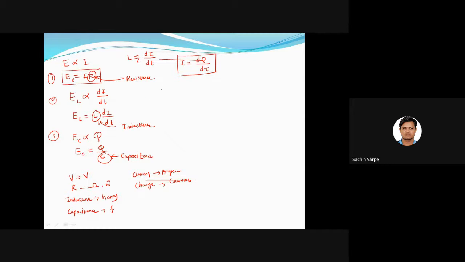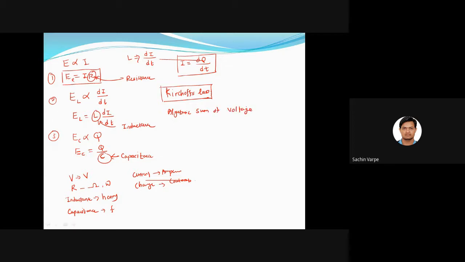And what is the statement of Kirchhoff's law? There are two laws actually, but for the formation of the differential equation related to an electric circuit, we mostly use Kirchhoff's voltage law, right? So what does Kirchhoff's voltage law say? It says the algebraic sum of voltage drop